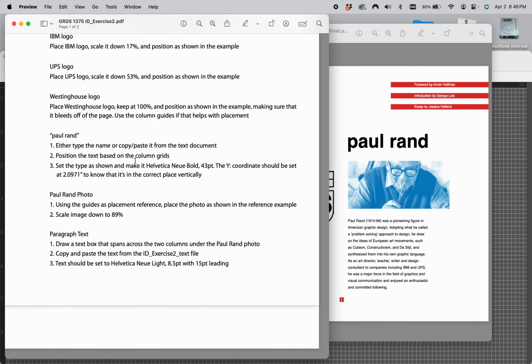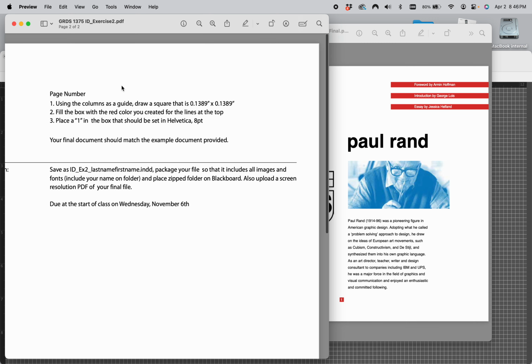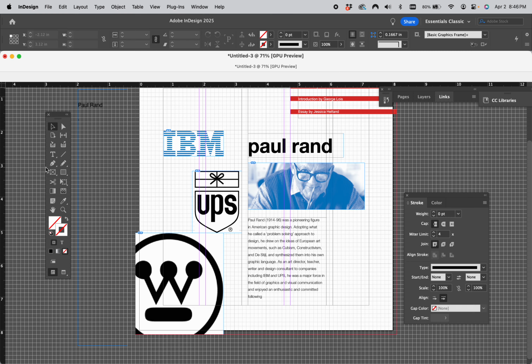Okay, there's 2 pages to this. Now we're going to create a page number. We're going to create a square, 0.1389 by 0.1389. So this is frame, rectangle tool. Use the rectangle tool. Don't try to drag out a square to that size. Just make a square, and then in the width and height,